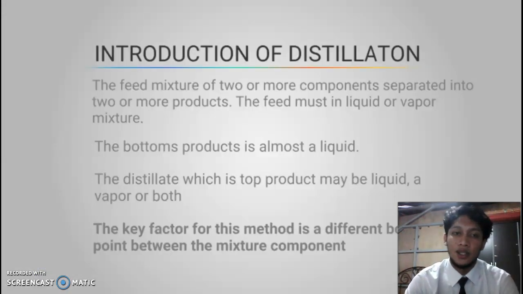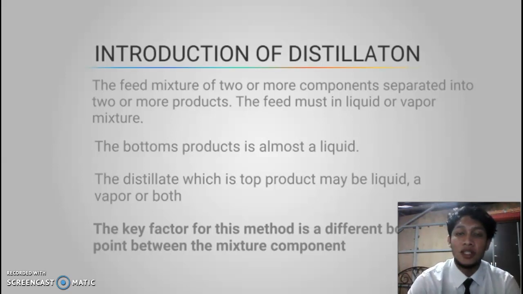Introduction of the distillation. The distillation is a common process that we can see in the chemical industry. Distillation is basically a process to separate a mixture. The mixture will be separated into two or more products. The mixture feed must be a liquid or vapor mixture. The distillation process commonly gives two products, the top product and the bottom product. The bottom product is almost always a liquid, and the distillate, which is the top product, may be a liquid,